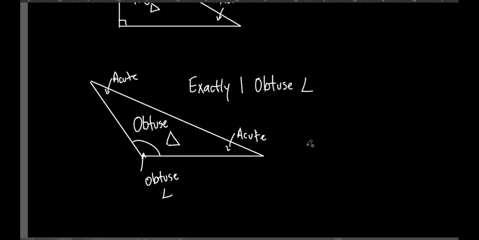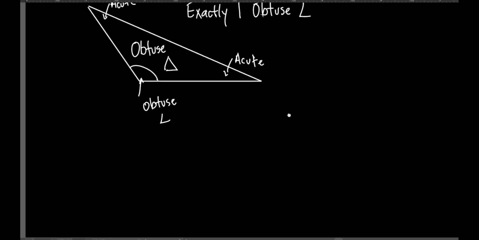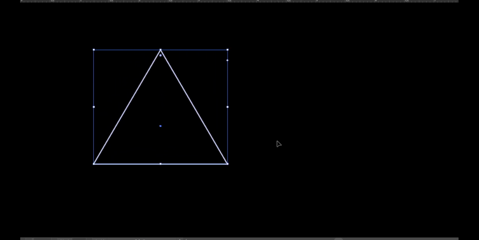Everybody good? All right. Let's do another one. I said 3 types of triangles. I'm going to make it 4. All right. Let's do this. I'm going to make, there it is. Let's make it a little bit bigger. Now, I did this on the computer, so